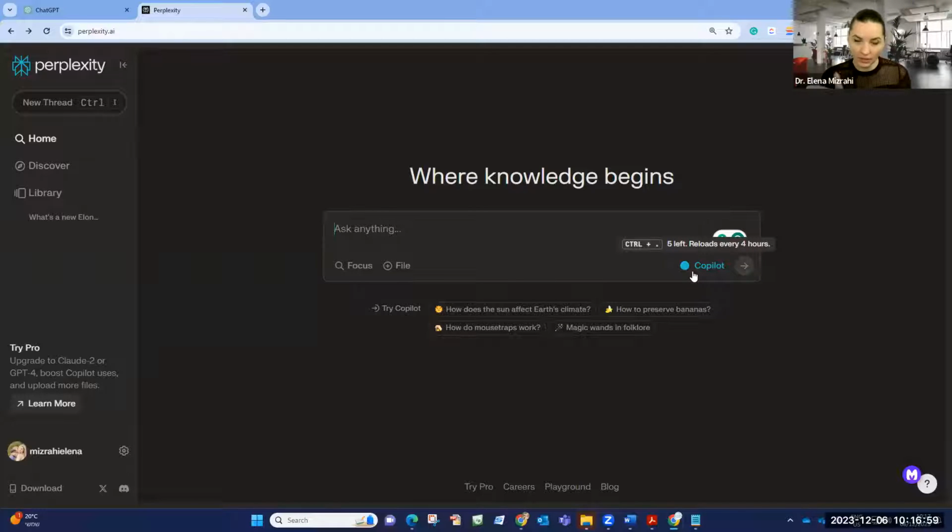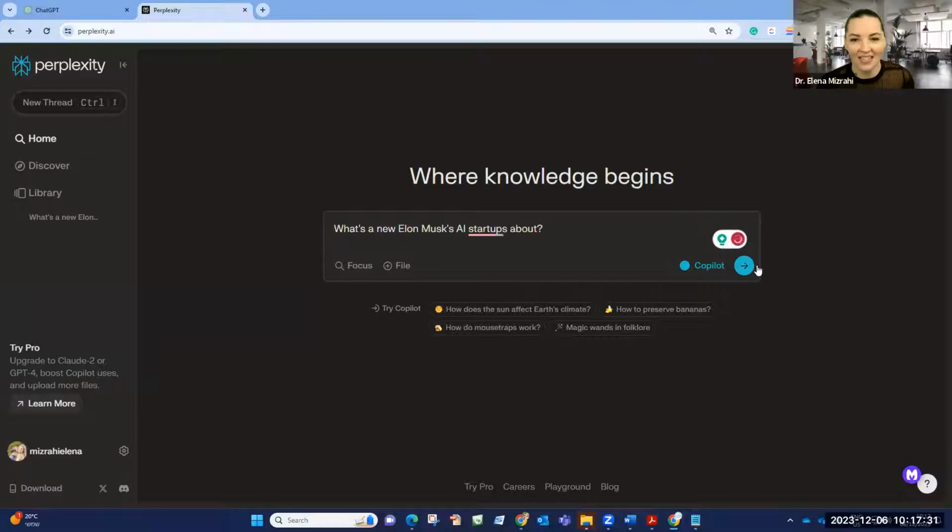The reason you want to have your Copilot on all the time is because it produces additional questions for you to clarify your inquiry, right? So when you search for something, sometimes you think it's clear, but this tool will actually ask you some questions back to make sure that it understands exactly what you want. So it makes the process more user-friendly. So always activate your Copilot. This is tip number 1.